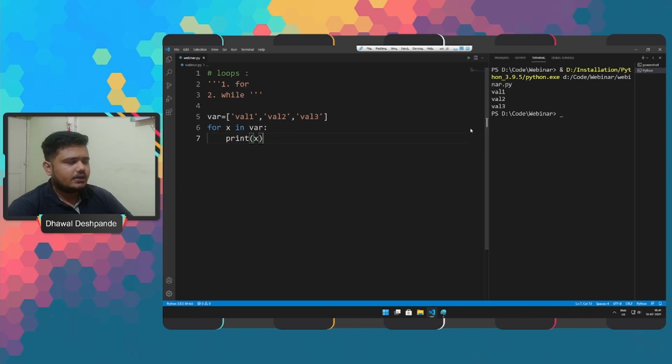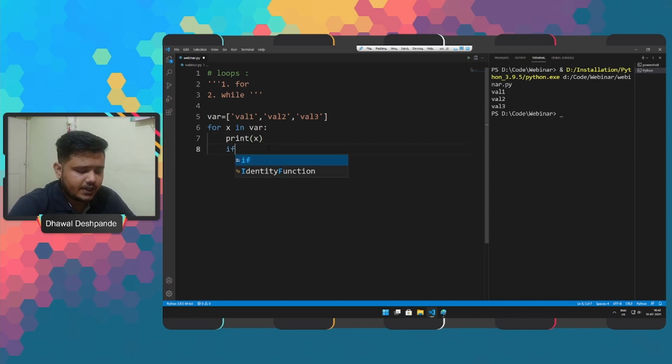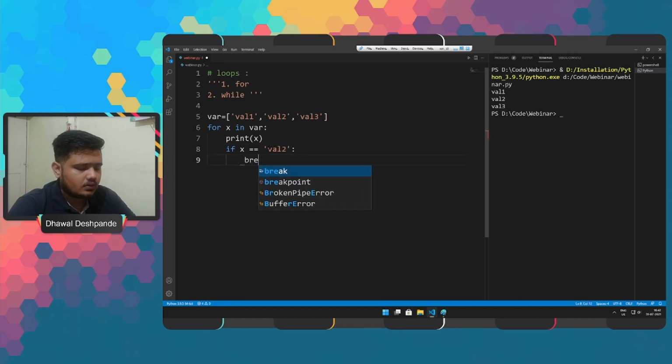Here we are iterating all the three values, but let's say we just need the for loop to stop once we reach the value 2, or the second item. So here we will come up with an if statement, and in the condition we will take the variable and go with 2.